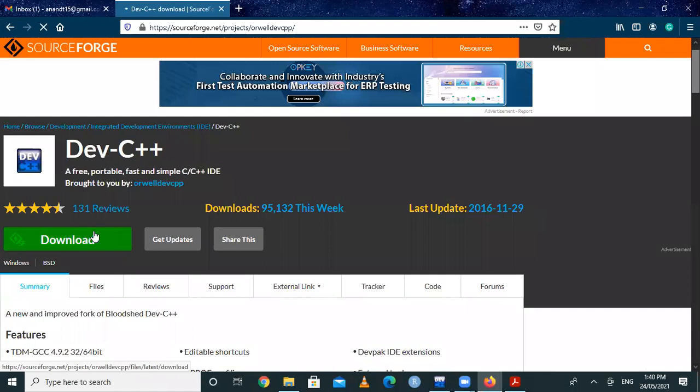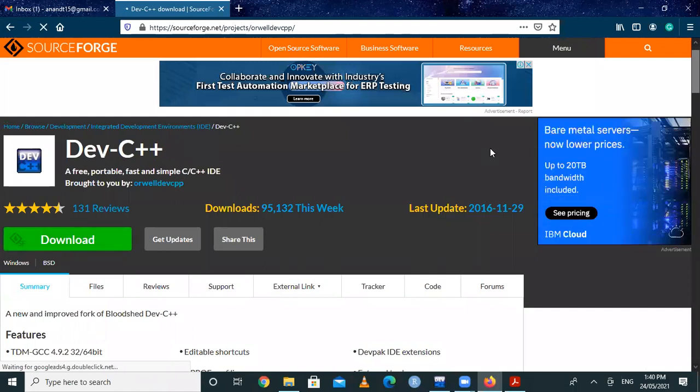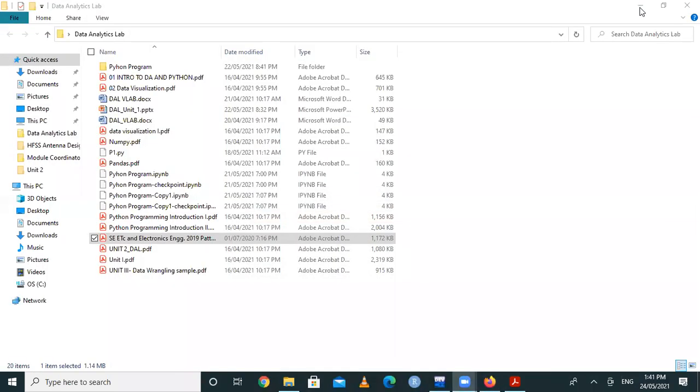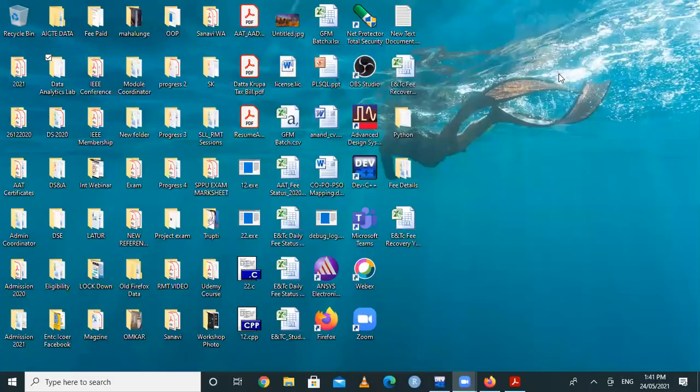Whenever you click on download, an .exe file for this software is downloaded, and then you have to install it. After installing, I already have this software with me. After installing, a shortcut should be created on your desktop like this. So Dev C++. In this Dev C++, you can run a C program as well as a C++ program. So we are using this Dev C++ for running our code for the C language for